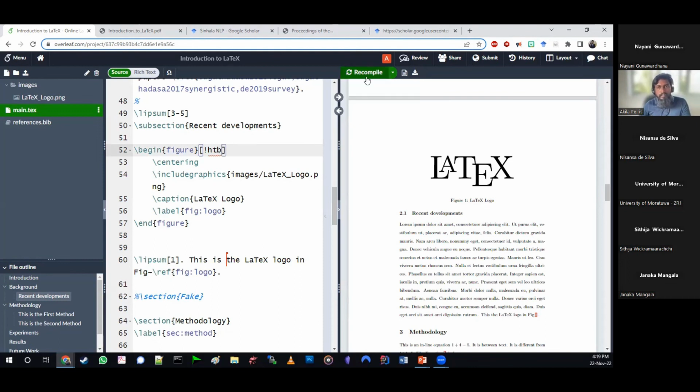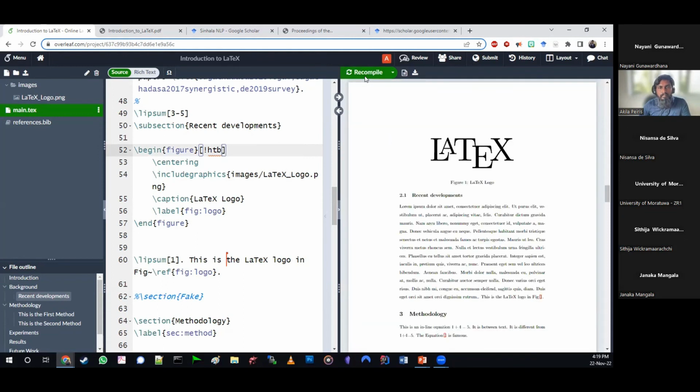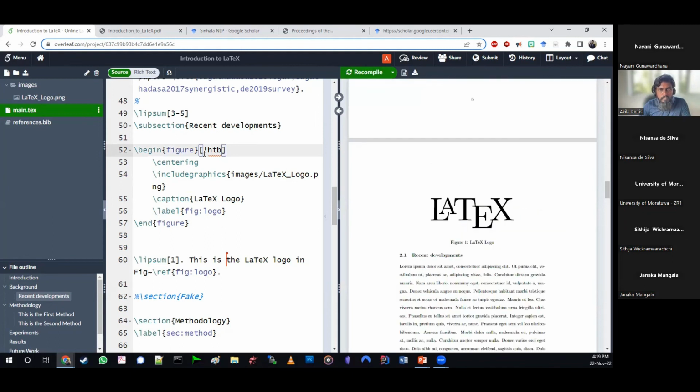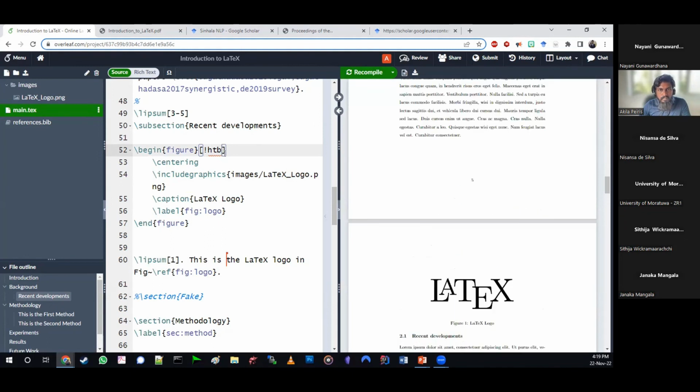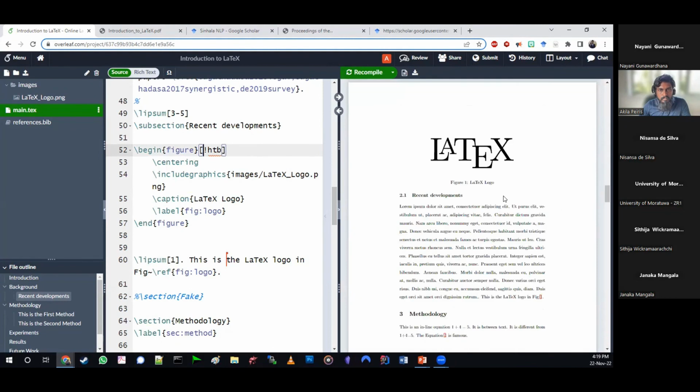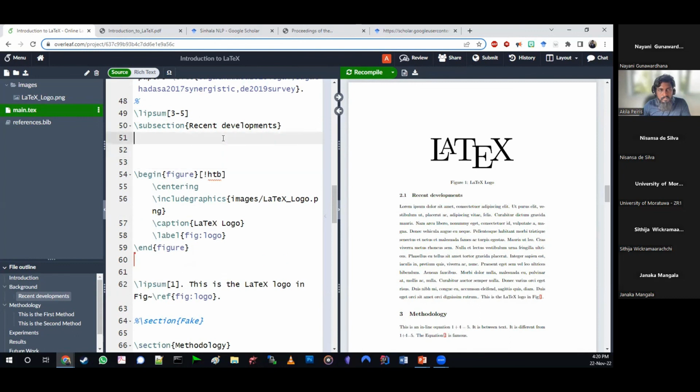So now let's give it the command, recompile. And now it is trying to put it at that place. And if it cannot be put there, it is going to put it on the top of the page. So the reason that it is trying to put it there is because we do not have text over there.